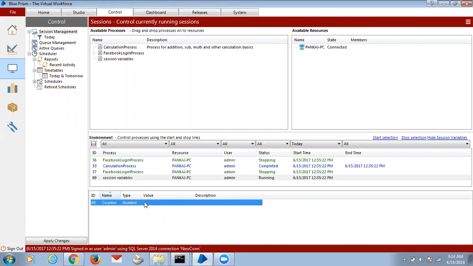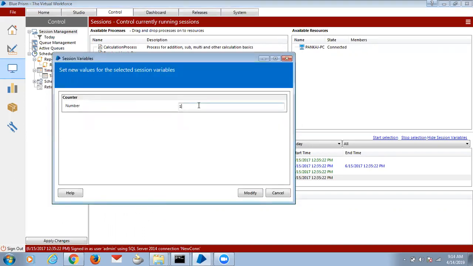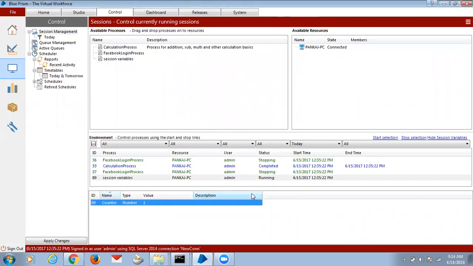So we can monitor and we can edit the value also. We can modify the session variables. We can monitor the session variables from the control room.